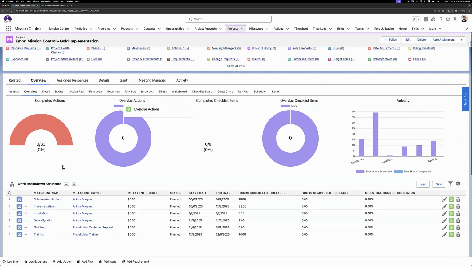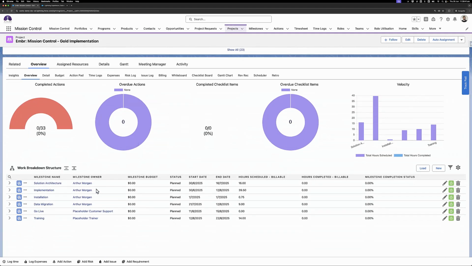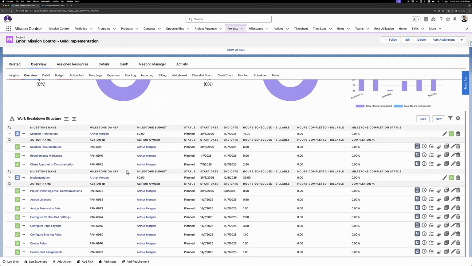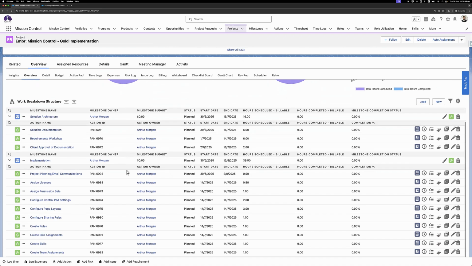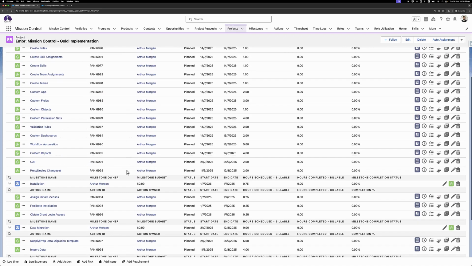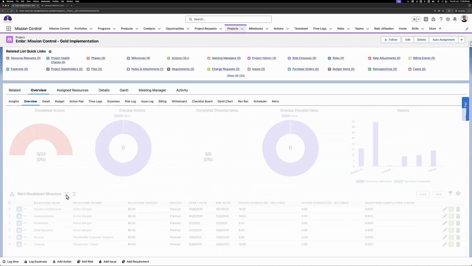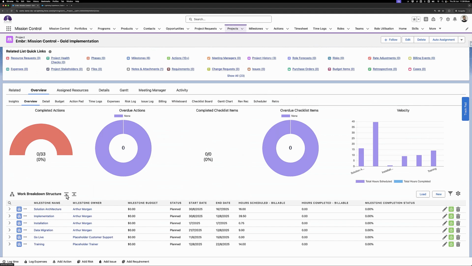And now we'll see that in the milestones, there's no more instance of a placeholder consultant. It's just the action, the milestone owner and action owner has been allocated to Arthur. So we've got Arthur assigned to this project now, and he'll see this come through in his timesheet and action pad and whatever views that he uses to see the actions that are assigned to him,